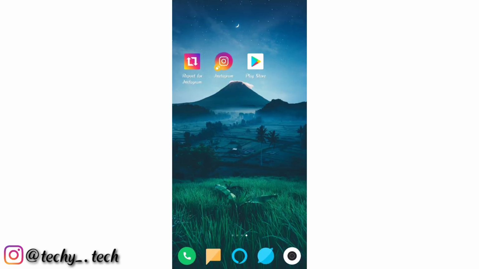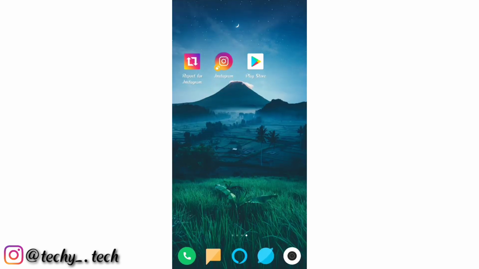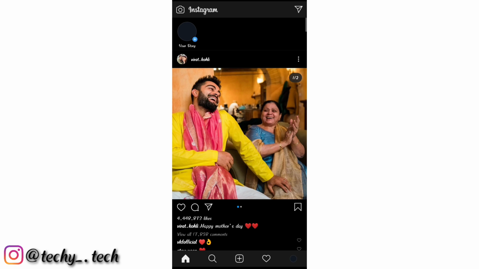But be careful, if you repost anything on Instagram, then you must ask him or her that you are reposting, and you should take permission so that no copyright claim should be